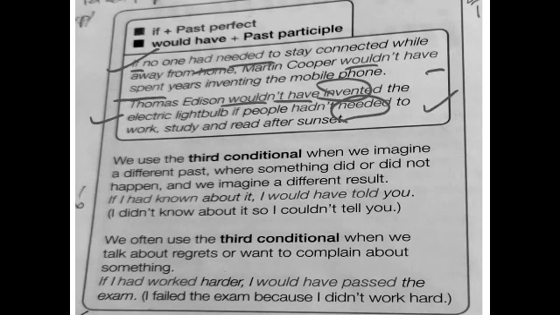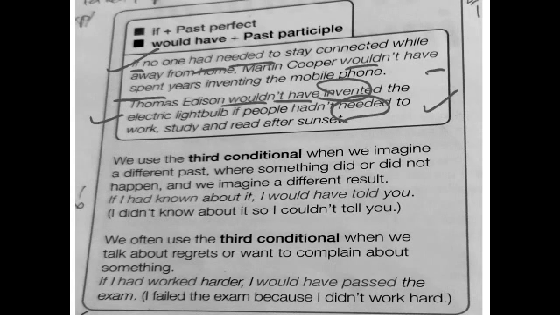As far as the structure is concerned, there come two parts of a conditional sentence. The if clause is there, and then the result clause is there. The if clause carries if plus past perfect, meaning had is there. If had is there, okay, the next part carries would have. And as far as the form of the main verb is concerned, both carry the third form of the main verb. The second important thing regarding the structure of third conditional is that it is not necessary that the if clause must come at the beginning of the sentence. It can be at the end of the sentence. Now come to